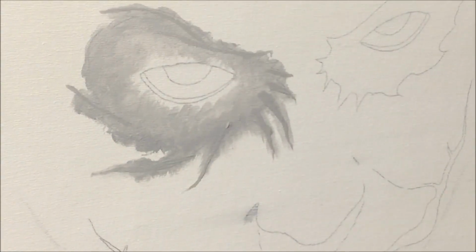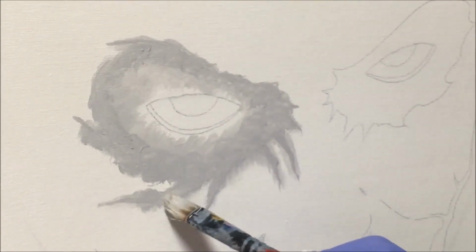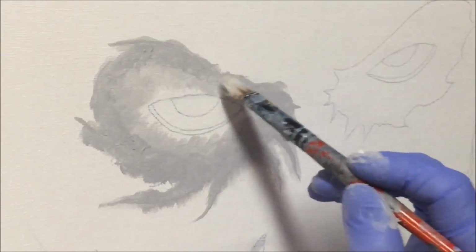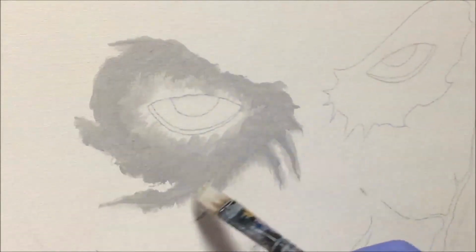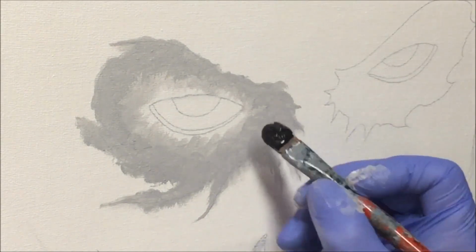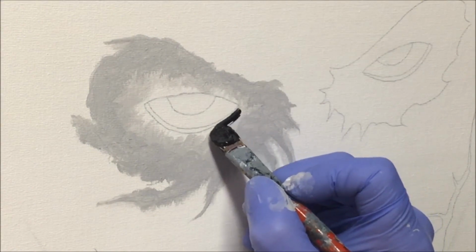See what I've done? Now I'm back with my filbert brush before I'm putting the black, and I'm just tapping those lines and that grey, sort of blending it, just giving it a nice artistic brush finish on the canvas there, alright? Now I'm going to get some Payne's Grey next. Okay, now getting the eye around the eyeball, or around the actual eye, I want to just concentrate around that line of his eye,